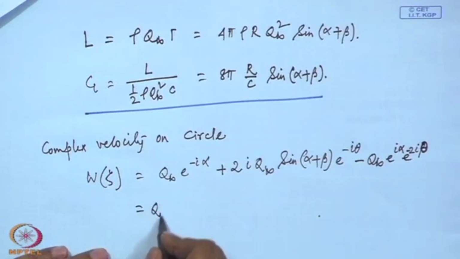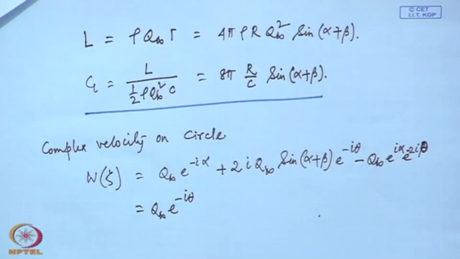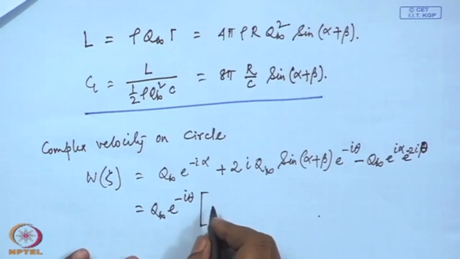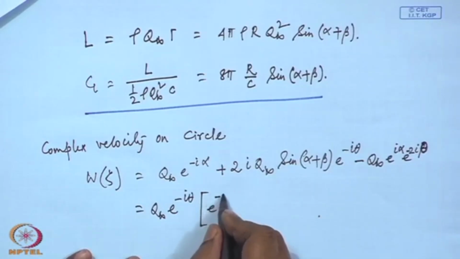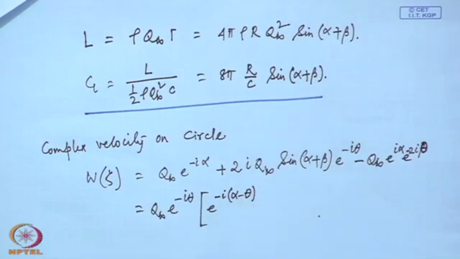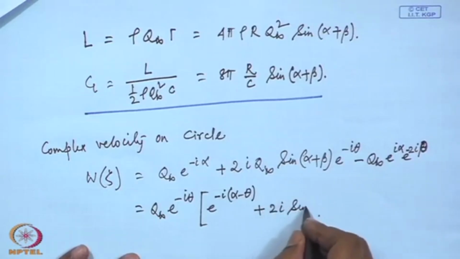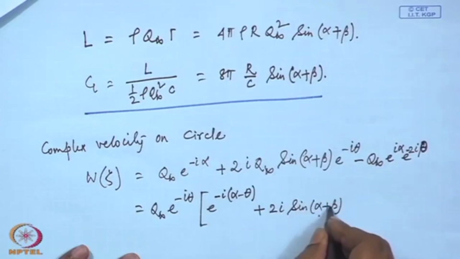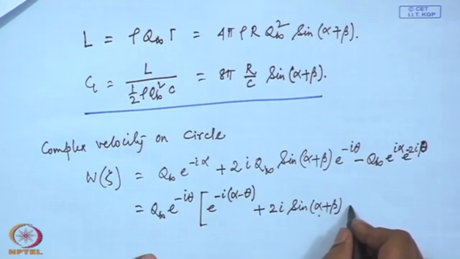Let us take out this q infinity e to the power minus i theta. Then the first term becomes what? e to the power minus i alpha minus theta. Okay. The second term remains 2i sin alpha plus beta, and the last term remains